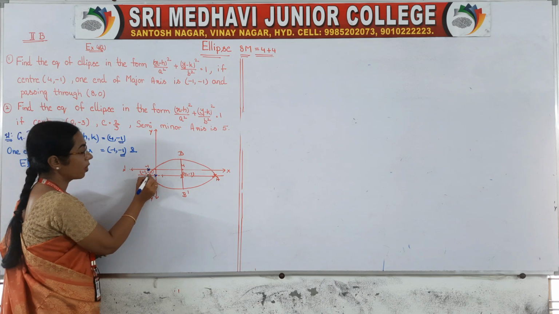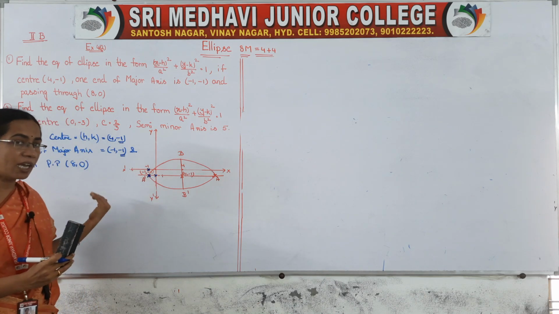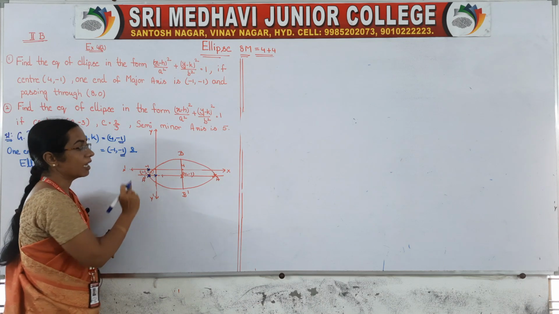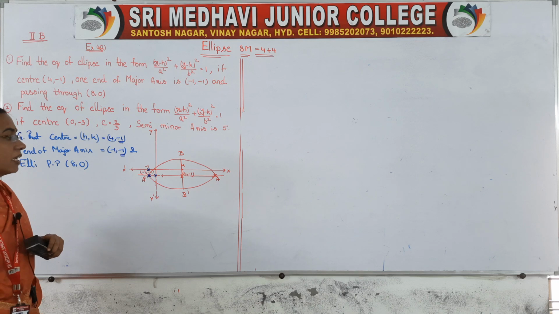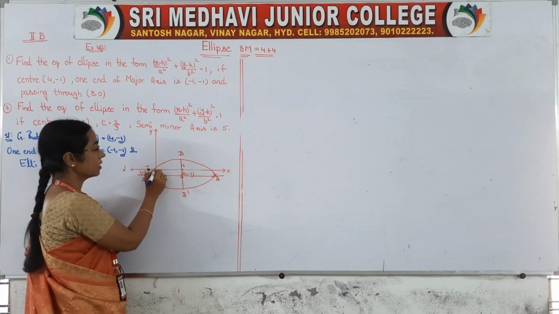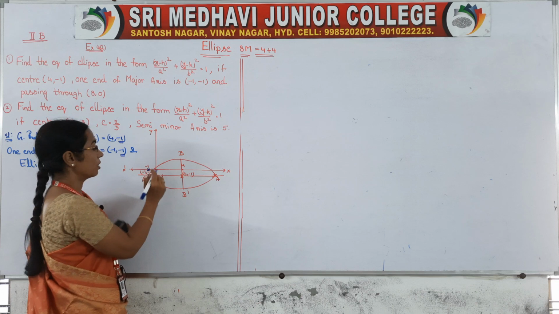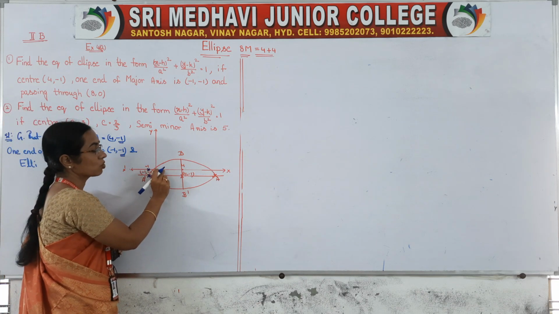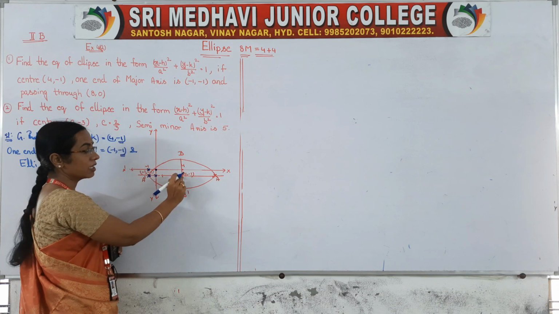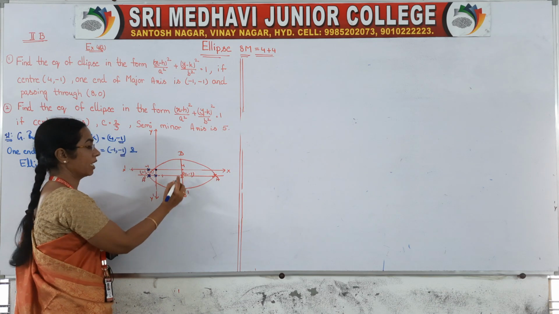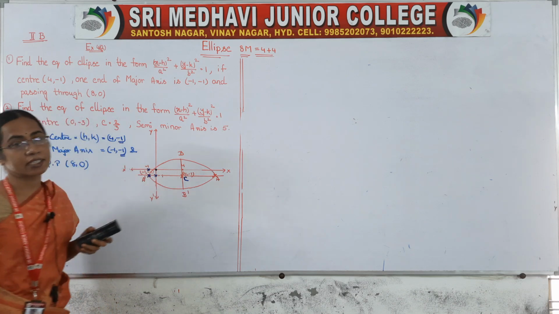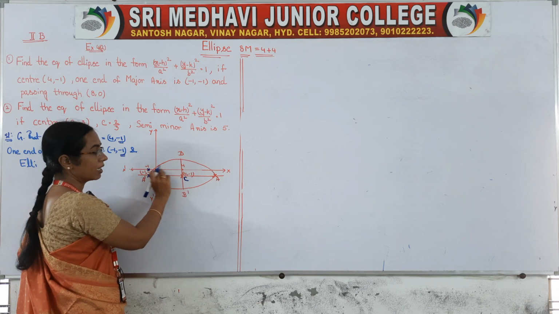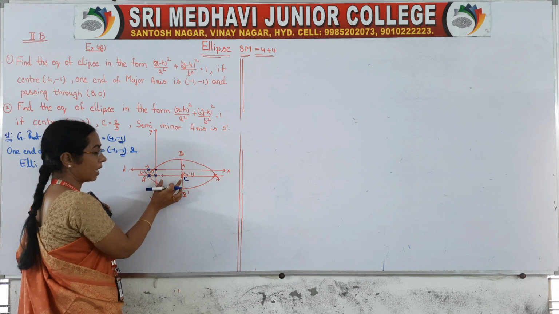So this is one point. What is that point? One end of the major axis, minus 1 comma 1 point is here, right? Another, center is given to us, that is 4 comma minus 1. This is origin, right? So from here we have to take the 4 points. So 1, 2, 3, 4, right? So this is your 4 comma minus 1, the center given to us. Downwards of this minus 1, and here 4. So 4 comma minus 1.